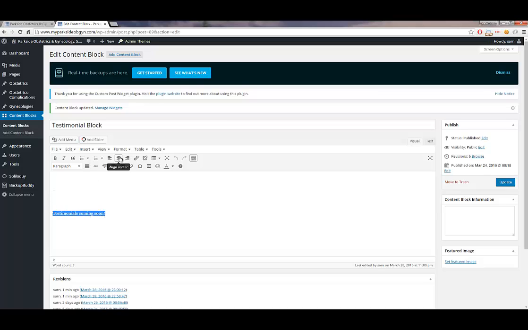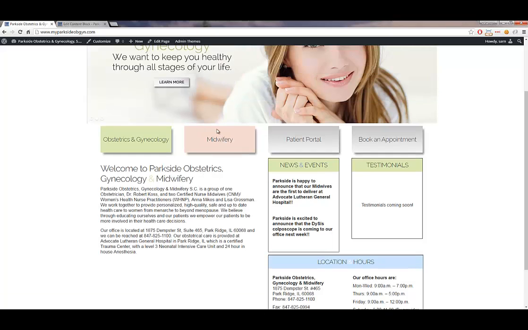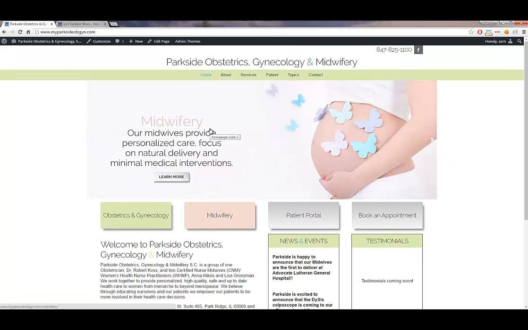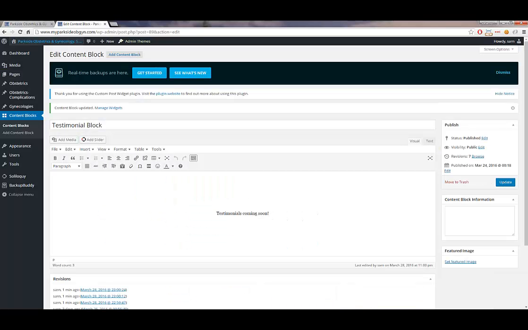I think this will look better with it being centered, so I'll do that. Let's see. Yeah, it looks a little bit better. So I'm going to keep this as is because I know the testimonials will be coming soon. So that's essentially content blocks. There's really not much to say. Everything works similarly. Like all the pages in these topics as well as the content blocks, they pretty much work